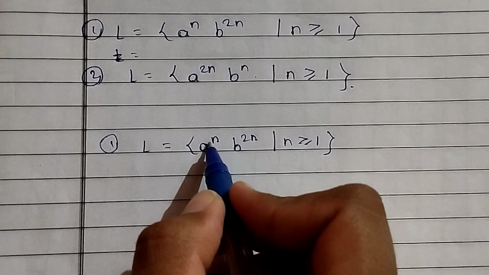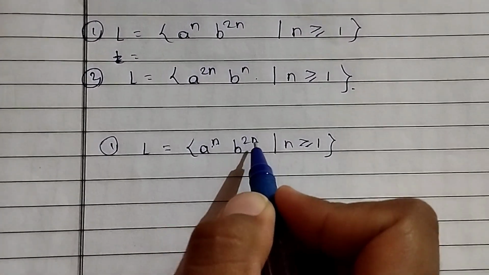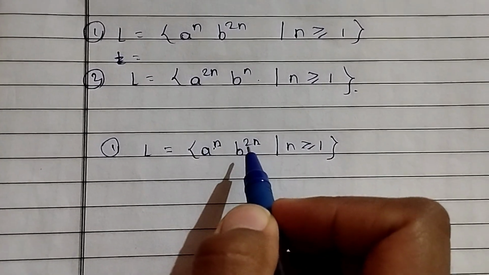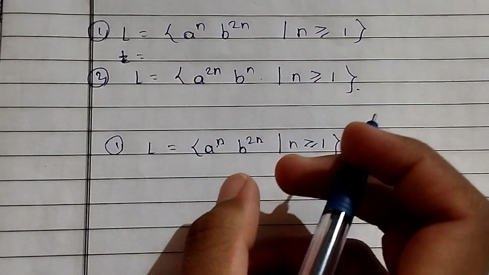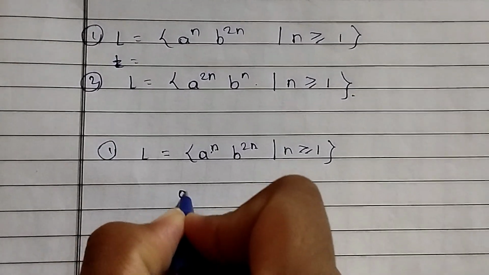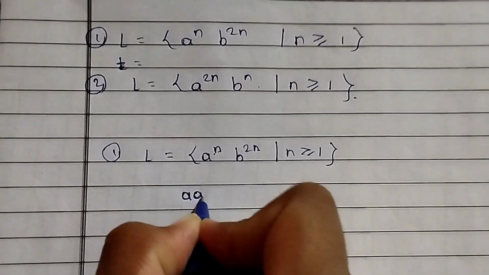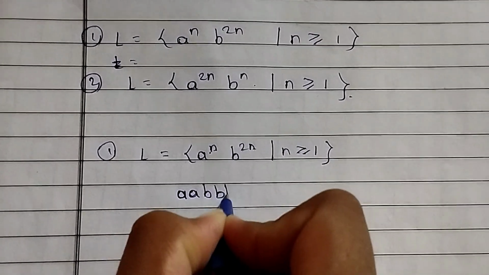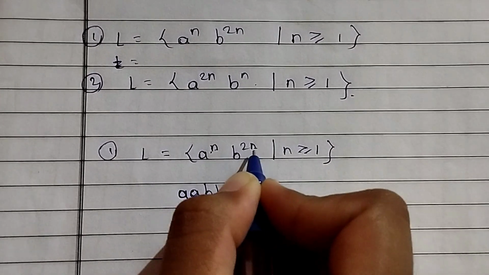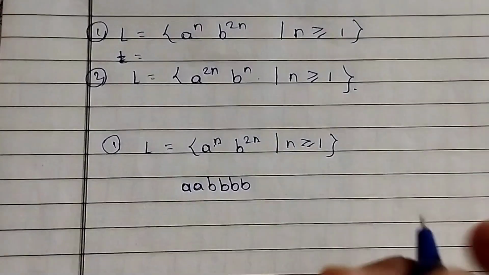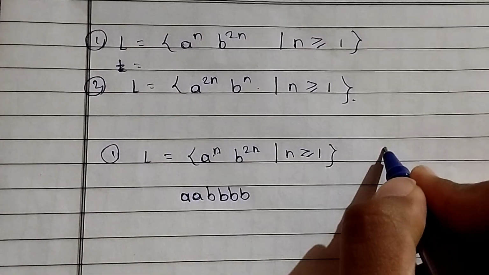So if n is equal to 1, then b is equal to 2. When n is equal to 2, b raised to 4. So in this way. The simple logic is, let's suppose this string, n is equal to 2, then b is equal to 4, because 2 raised to n, so 2 into 2, 4, so b is 2 raised to 4. So as it is in the PDA,